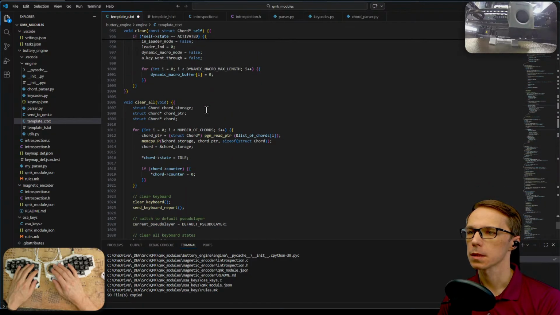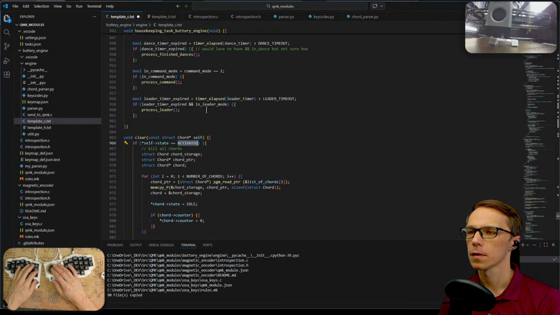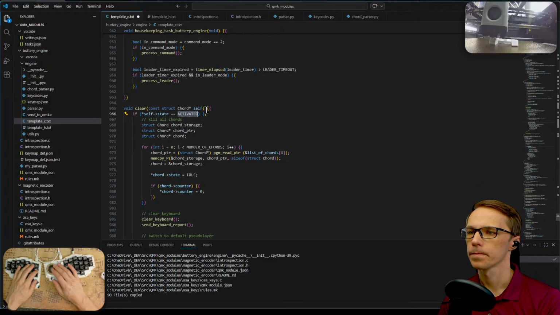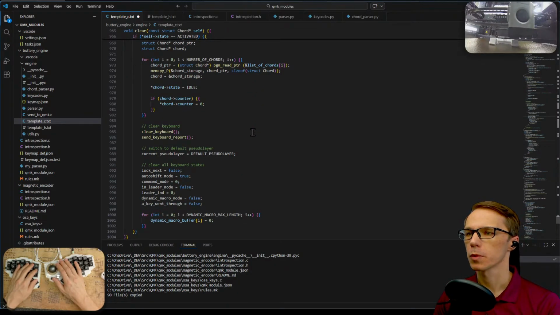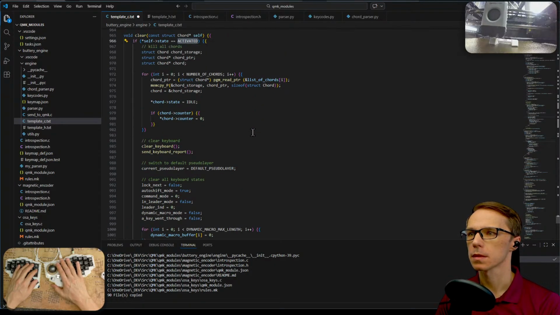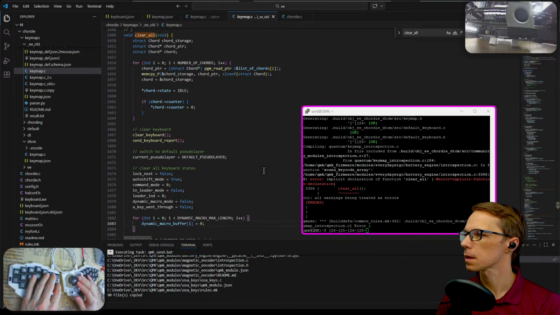But basically it's the same stuff. Is it the same stuff? Maybe we can optimize it. So we could have a clear, and then inside clear we can use clear all. Because this one is only checking if it's activated, and the rest, I think it's the same